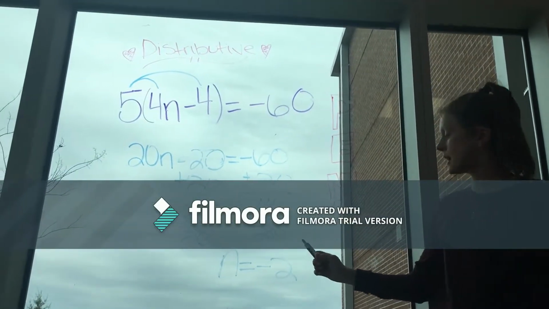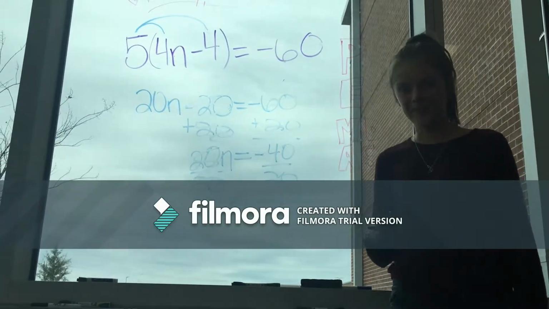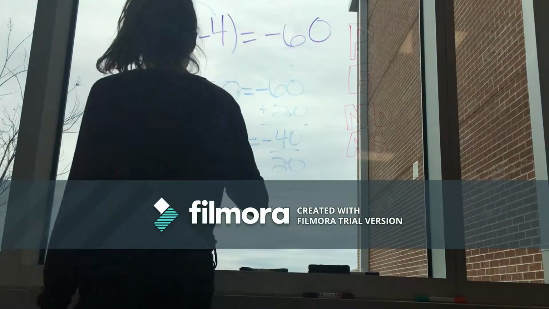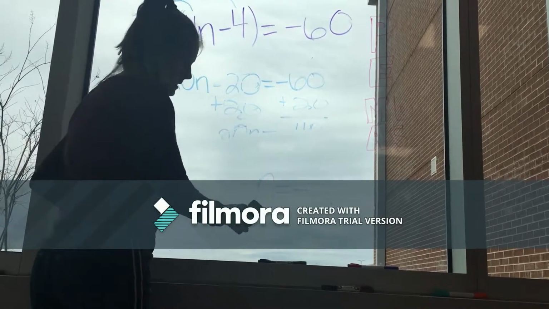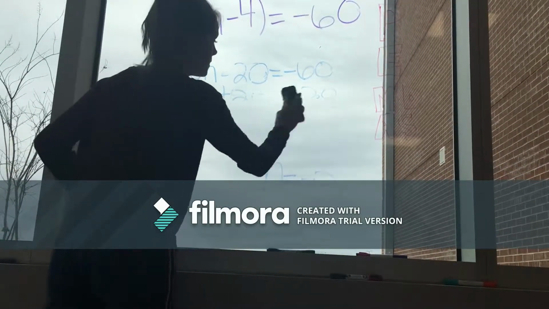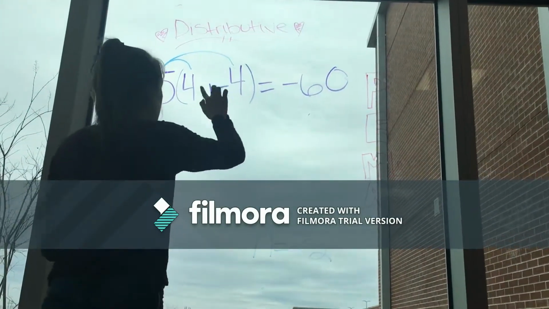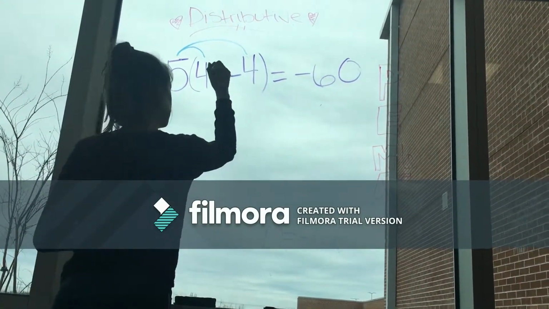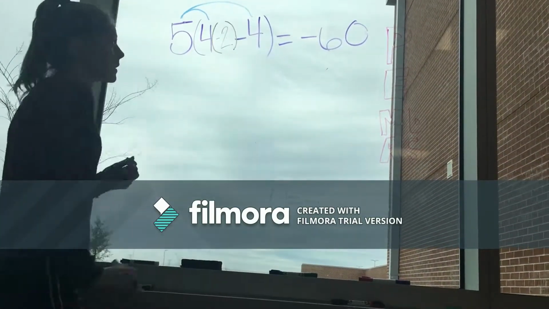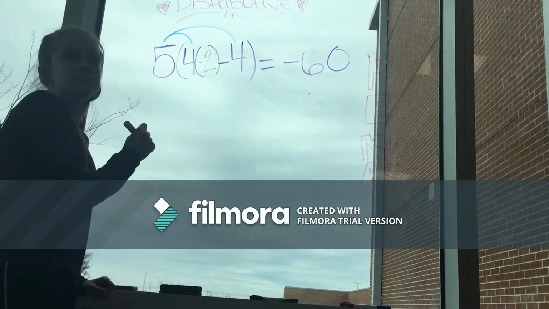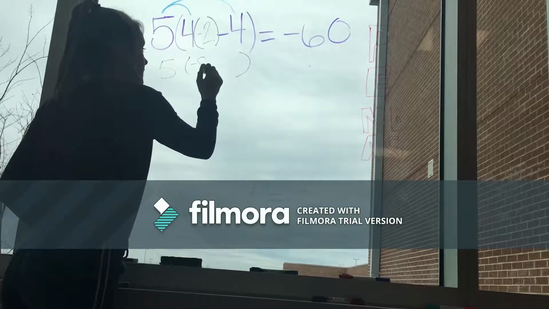Okay, so Morgan has finished her work, and you should never get algebra wrong if you always check it. So here's her work, so let's go ahead and erase that. We got the answer of n equals negative 2. So if we replace n in the parentheses right here with negative 2, we need to add parentheses. So now what you would do is 5 parentheses negative 8